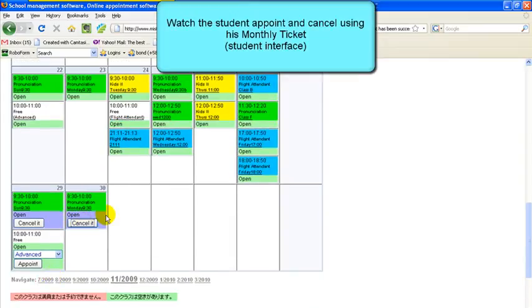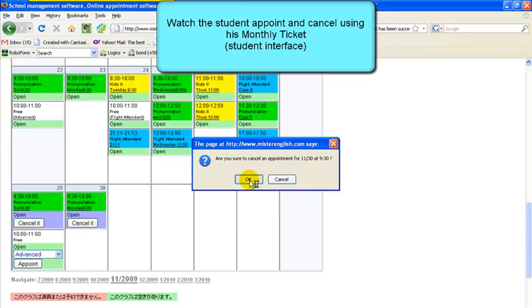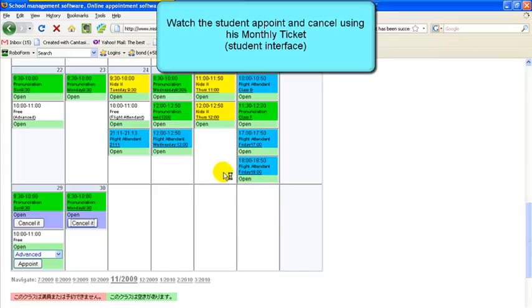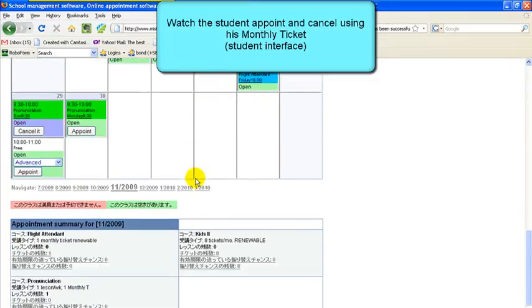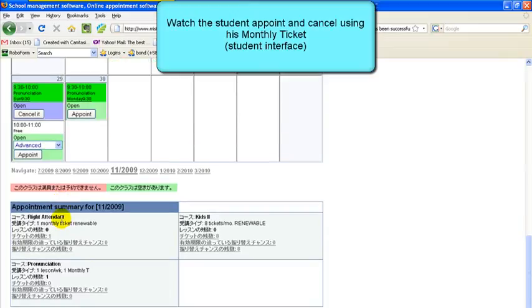And if he cancels that, this ticket was not renewable, so it remains 0. Now if your ticket was renewable, this ticket would be given back to the student, but